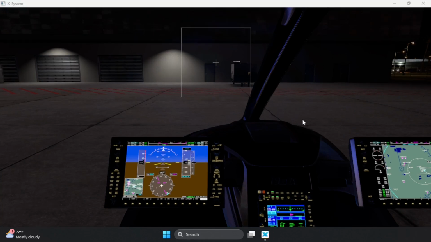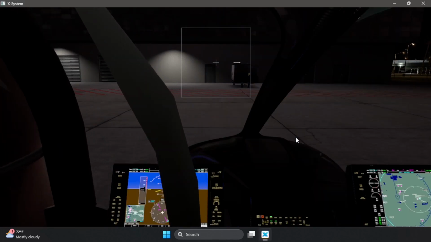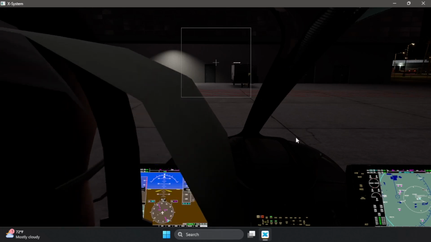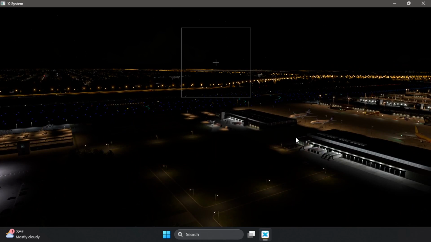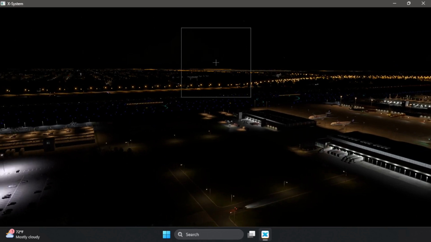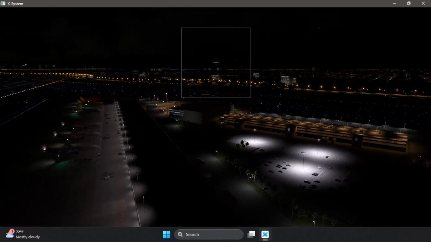And what I do is, excuse me, it doesn't really matter where you start on the airport or what plane you're in, because this is only for X-Plane. I'm not sure how to do this in Microsoft Flight Simulator. I know there's a way to do it, but for X-Plane, you're going to hit the letter C, and it puts you into like a drone mode, and then the up arrow to get up a little bit, and then the letters Q and E rotate you to the left and right, respectively. So I'm going to do Q. I'm going to turn around until I see the control tower,